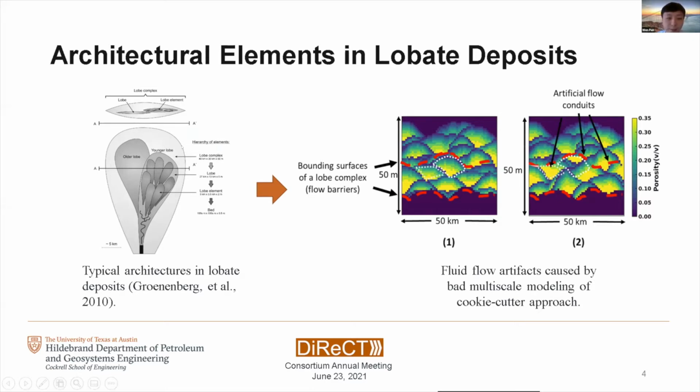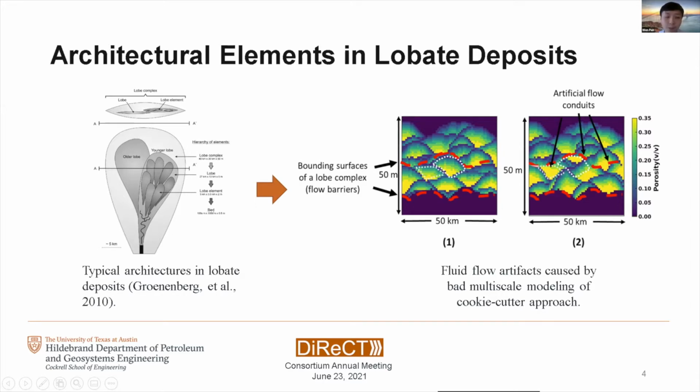You can see, for example, the largest architectural element in this plot is a Lobe complex, and within it is the Lobe, which is composed of the Lobe elements, and Lobe elements can be further defined by the bed